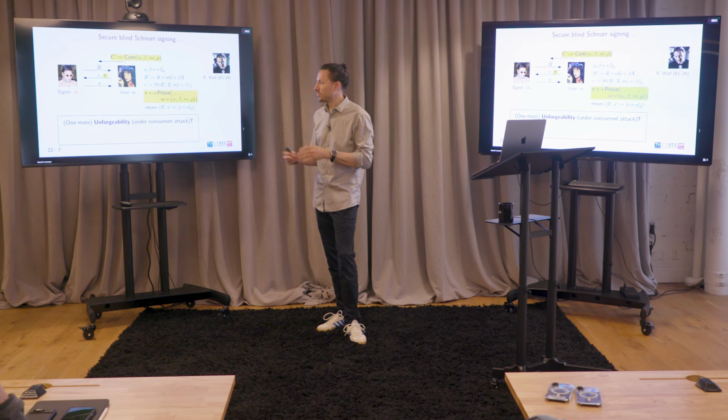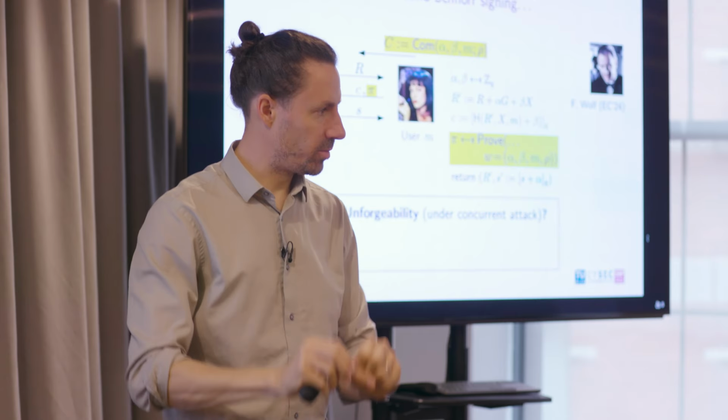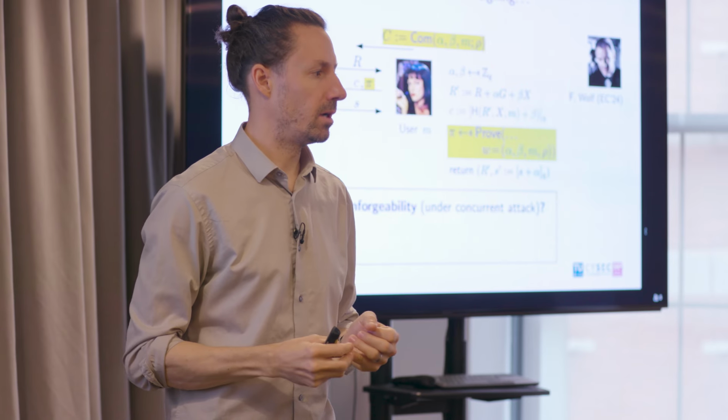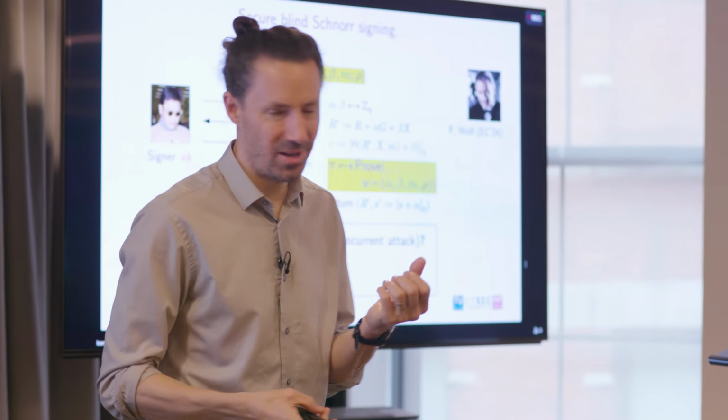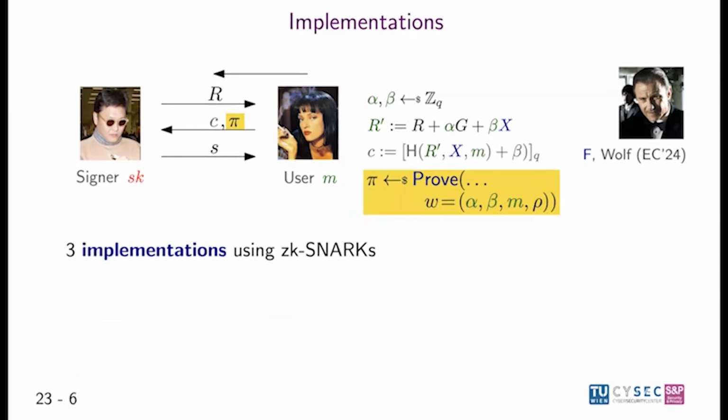Is that the consequence? I think the simple example would be the classical eCash. It's basically Alice withdrawing lambda coins, but in parallel, and then obtaining lambda plus 1 coins. I see. Yeah, that's how severe the attack is. It's really something you don't want in a blind signature scheme. That's nice and theoretical, right? But if you want to use it, you need to implement this proof. And so that's what we did in this paper.